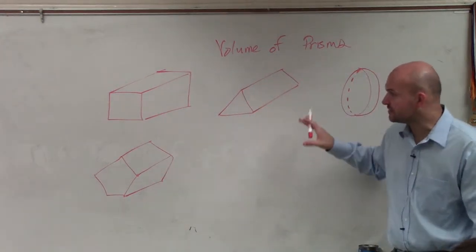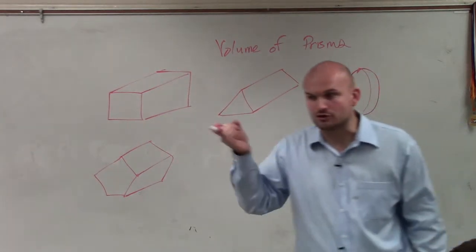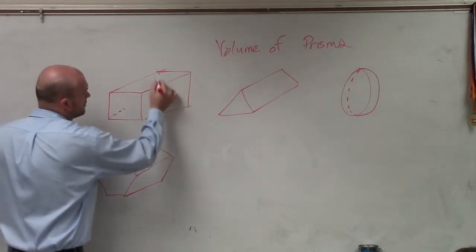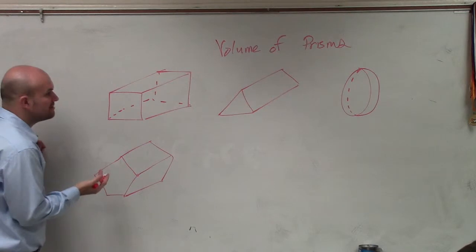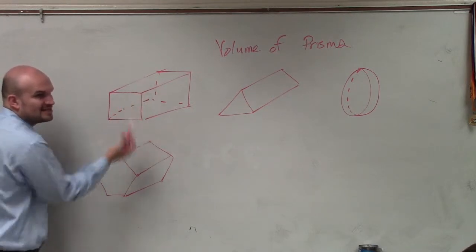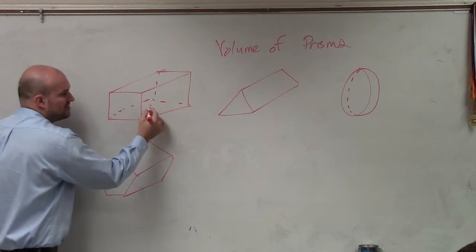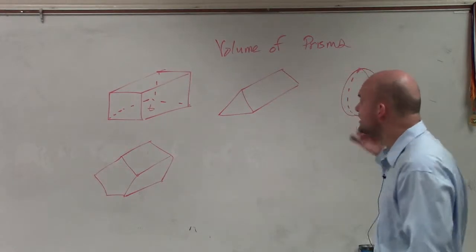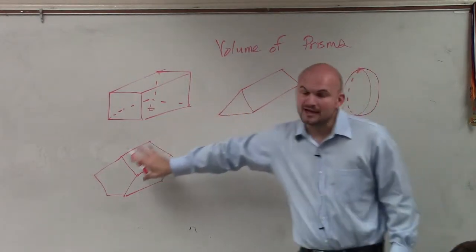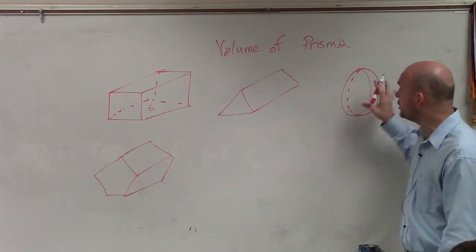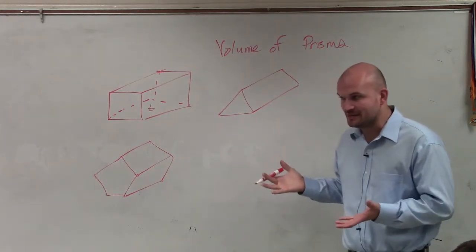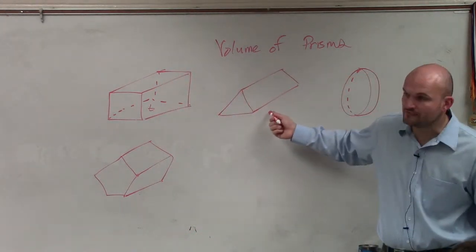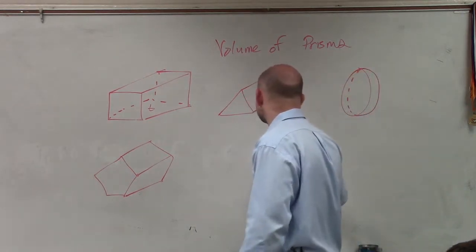So for each one of these figures, again, it's very important for us to be able to find or determine the base. For a rectangular prism, that's pretty basic because rectangles, remember, have opposite sides that are equal. So therefore, we can just always call this the base. That's basic. But remember, it's very important for us to be able to identify the difference when we have a triangular prism, any regular pentagon, or any regular polygon, or a cylinder, what the base is going to be. Because we don't want to use the base that's always how the polygon looks. We want to make sure we can draw it